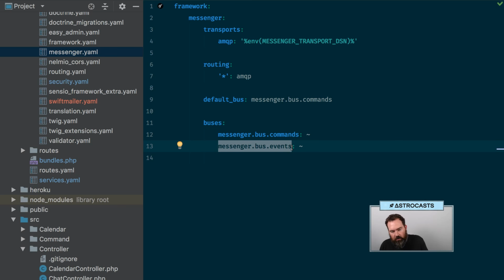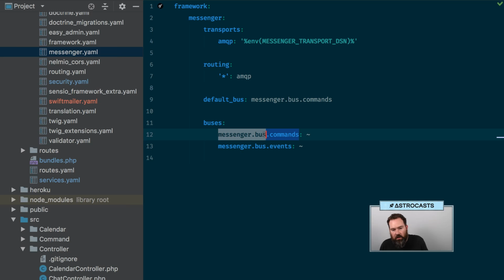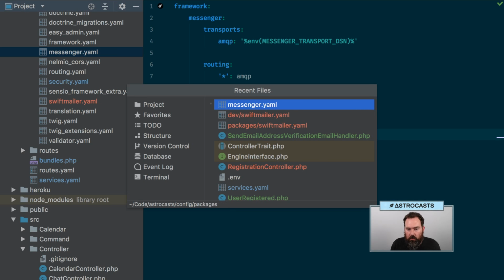User registered is something that happened, and send email, or send email verification email to user would be a command. So let's go ahead and do that. Let's go